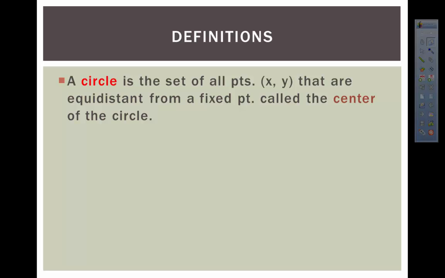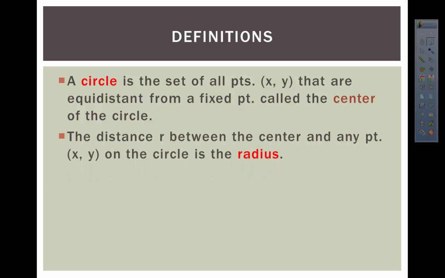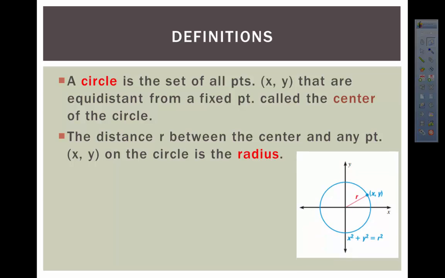A circle is a set of all points x, y that are equidistant from a fixed point called the center of the circle. I think you guys already kind of know that, and you know what the radius is. If I asked you to draw a circle, you could probably draw one. There you go, right there. So